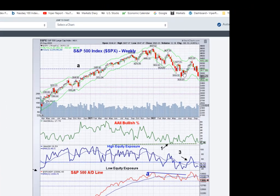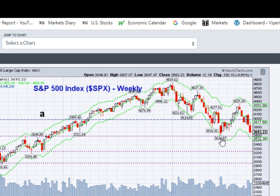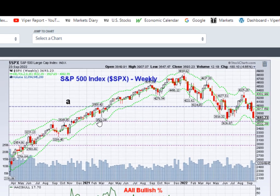Looking at longer-term support levels, you can see this S&P 500 cash chart here shows you 37.23. We had a 37.36 low in June. We're still above that, but 35.49, 37.23, and then below that we have 32.33,